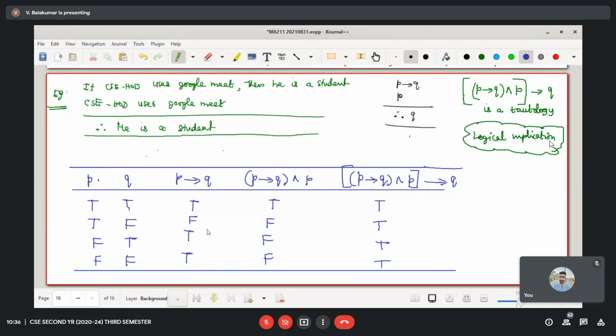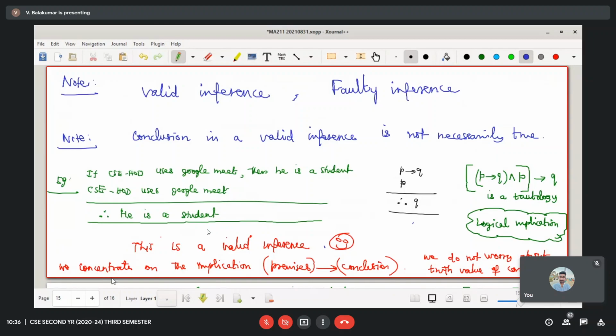This is logical implication, meaning anybody can compute this conclusion, anybody can do inference, they all will get the same conclusion. The conclusion is having truth value false, that's okay. We are just checking according to this rule whether the conclusion will be obtained or not. That's what I have written here. We concentrate on the implication, whether we are getting that conclusion or not. That's all we check. Yes, we are getting that conclusion. Done. Conclusion is incorrect. Conclusion is having false truth value. All those things come later. Are you following?